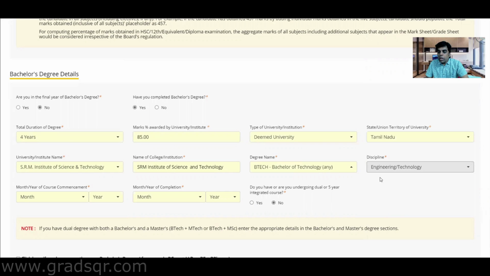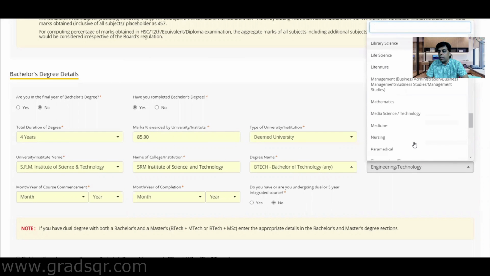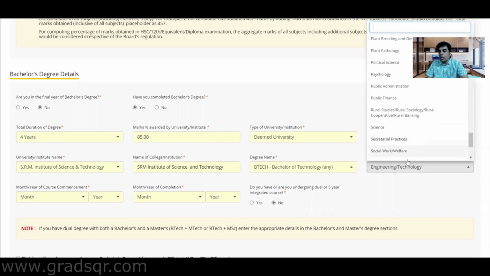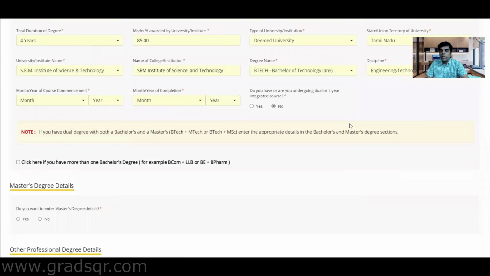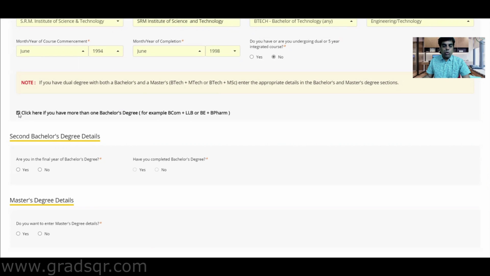So here, just make sure that you have put everything correctly. If you are a BTech student, put it as engineering and technology. If you put something else and mark this up, then you may land up in trouble. Check what the details given here are, which is the best that you can use, and accordingly do that. Don't make any mistake in this. Okay. So if you now have more than one bachelor's degree, you can just click on this and add that too. If you don't have that, you can just leave that.